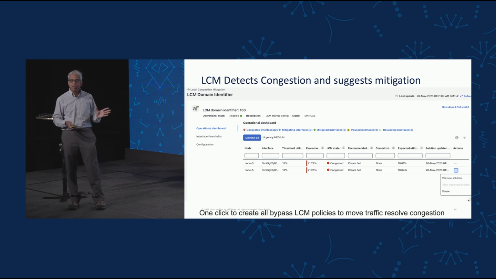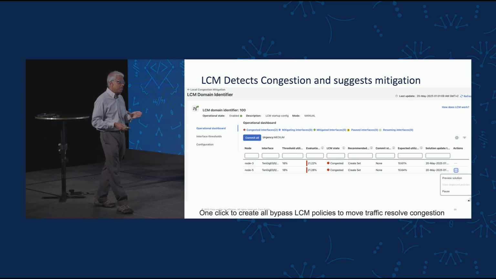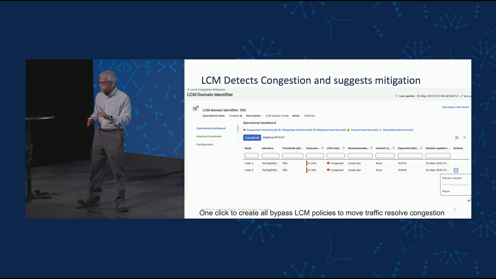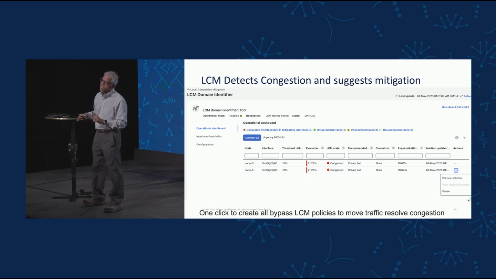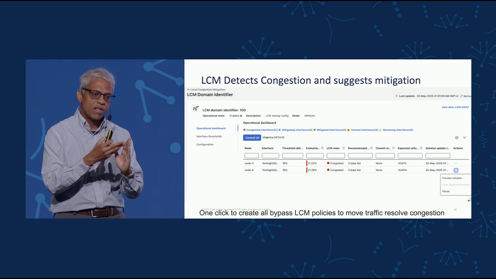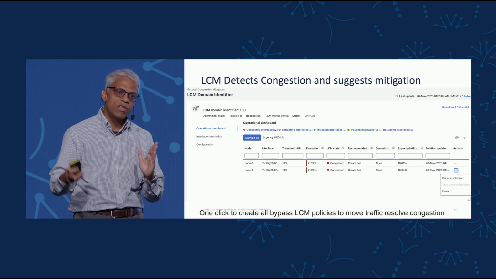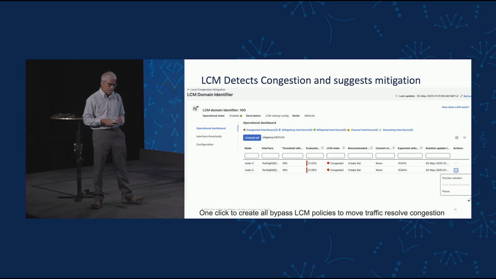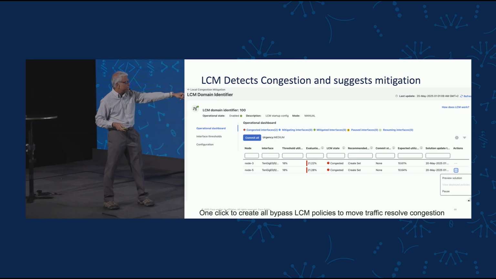It detects congestion on certain links. You can set the threshold at which the link should be considered as congested, and then it'll go and propose SR-TE policies that can bypass that link. So you have two nodes, A, B, and then you have that link congested, but there are other ways roundabout through the other network hops. It'll go and actually propose, as in this example,